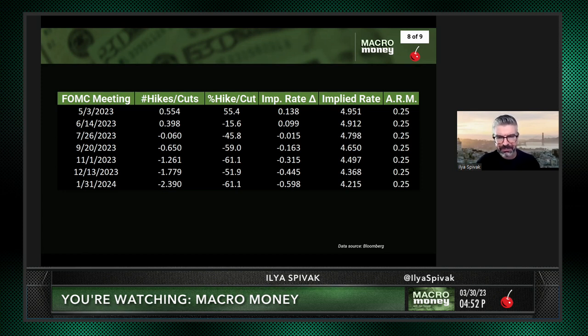So you can see that in the implied rate delta column, you are at this point looking at a situation where you have, relative to now, a net 61 basis points in easing that are baked in by January. So a full 50 basis points in cuts and maybe a little more,